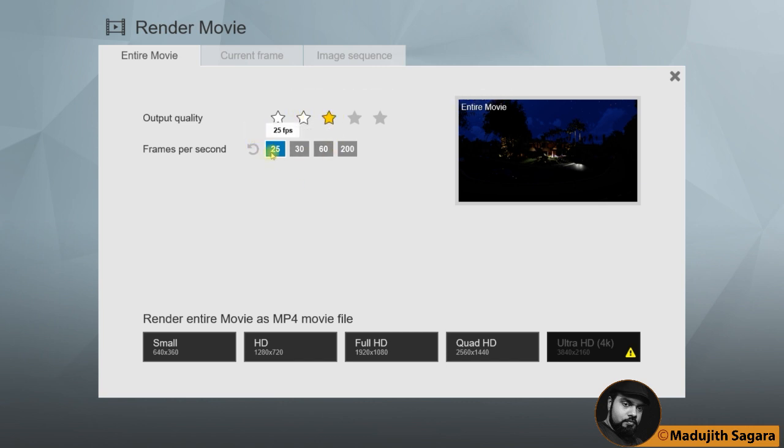Okay, this is frames per second. It means the moving frames per second. Here FPS 25 means it is providing 25 frames per second. That can go to 200 FPS also. And also there are 1, 2, 3, 4, 5 categories, but this is not available in my computer because I am having only a 4.85 GB VGA. To have Ultra HD 4K, it must have a VGA of more than 6 GB. You can go to Quad HD also, but it will take so much time. That is the thing.